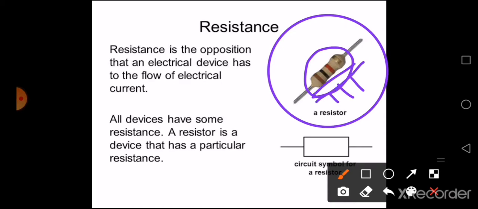Okay, so this you will learn it in your higher classes. You understand only this much. The colors given in the resistance denotes its value, or with that color codes only you are going to find out how many ohm resistance it is. You just, for the time being, need to learn only what is resistance. Okay.